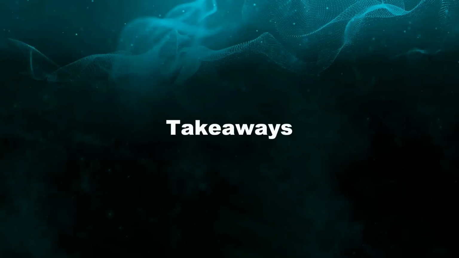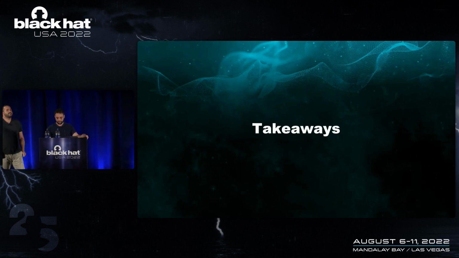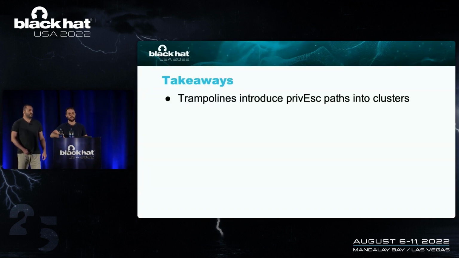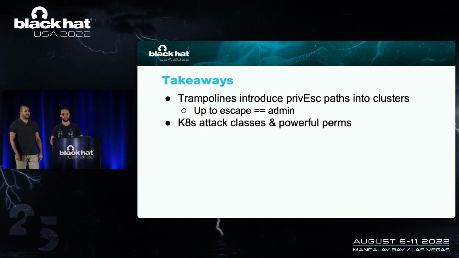So I'll pass it back to Yuval for the takeaways. Oh, thanks. So, some takeaways that we hope you can take from our research. As we saw today, trampoline pods, powerful pods, introduce new privilege escalation avenues into Kubernetes clusters, up to a point where a single container escape allows you to take over an entire cluster. And we actually saw that in a lot of platforms, that's the common case, right? Those attacks were powered by powerful permissions, and we hope that the framework that we introduced of classifying powerful permissions into the different interesting attack classes